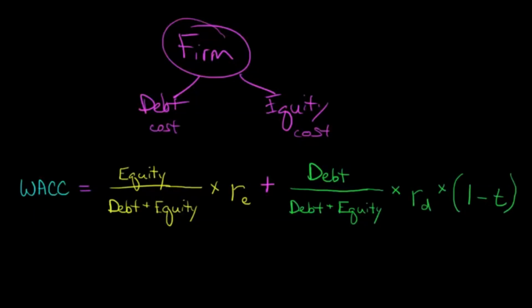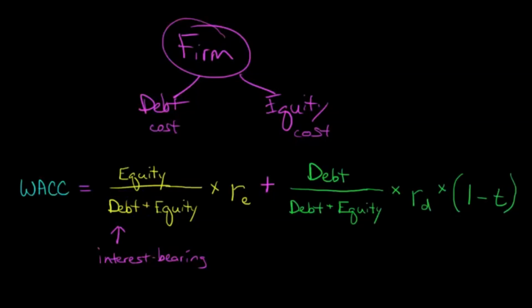The weighted average cost of capital is equal to the firm's equity. Depending on whether you take finance, you'll be using the market value of the firm's equity, and if you're taking an accounting course, it might just settle for the book value of equity. In any case, we'll just call it equity here. The firm's equity is divided by the total of the firm's debt and equity. When we're talking about debt here, what we mean is interest-bearing debt. We're not just talking about liabilities in general, which might include things like unearned revenue. We want interest-bearing debt, bonds that the firm has or something like that.